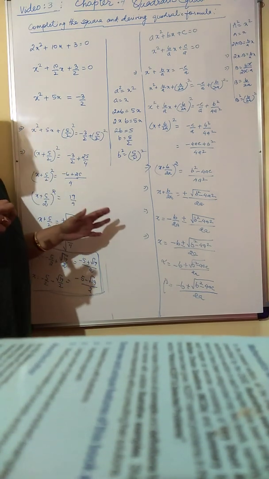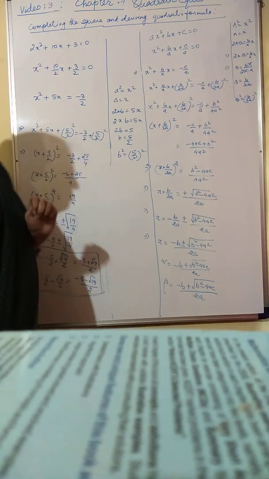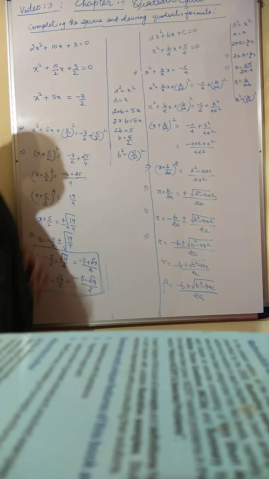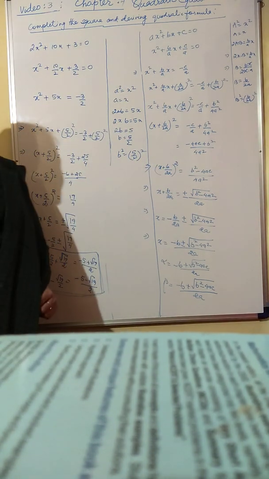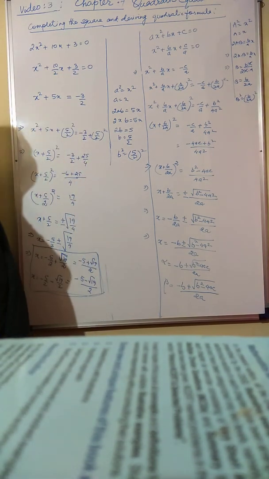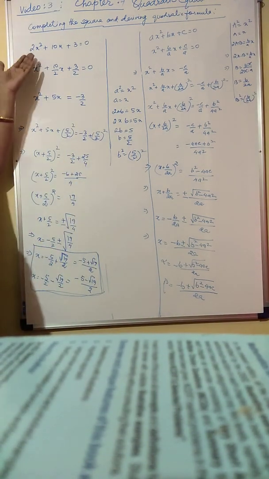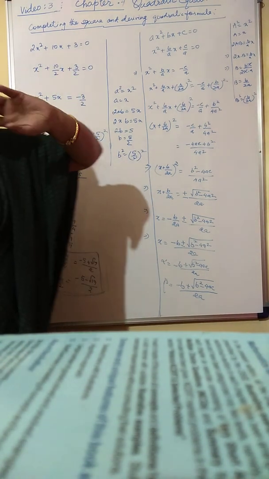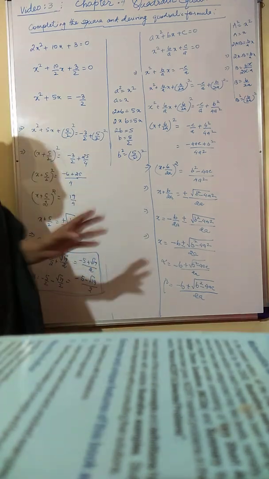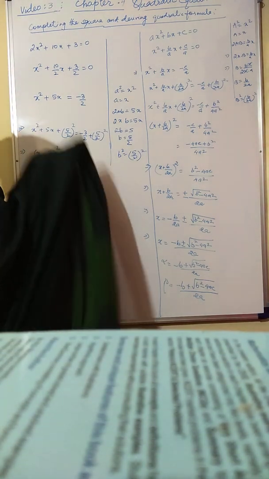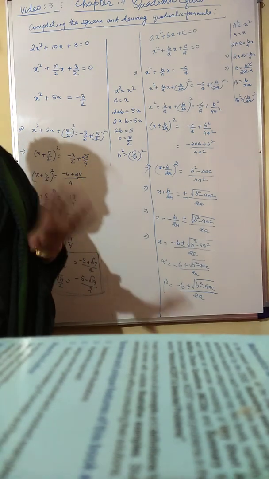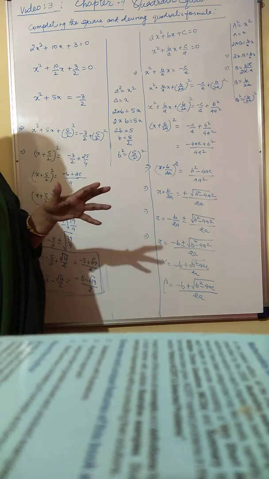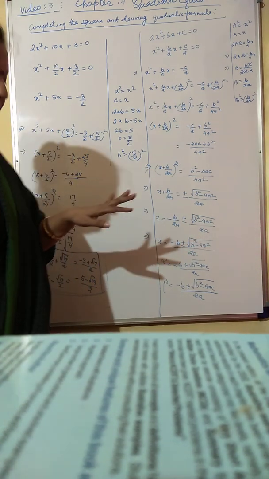As I told you in the previous video, we get two types of equation, one whose highest power of the variable is 1 and one which is not 1. Now, for completing the square, it is very necessary that we reduce the highest power of the variable to 1. When I say very necessary, I mean for simplification of calculation. Those of you who know other methods can definitely adapt to them. I know there are other methods which exist, so those of you who wish to follow other methods have complete freedom to do so.